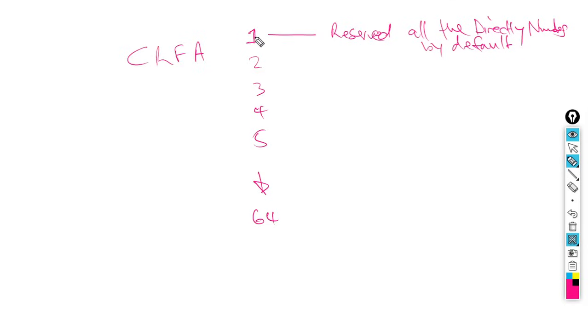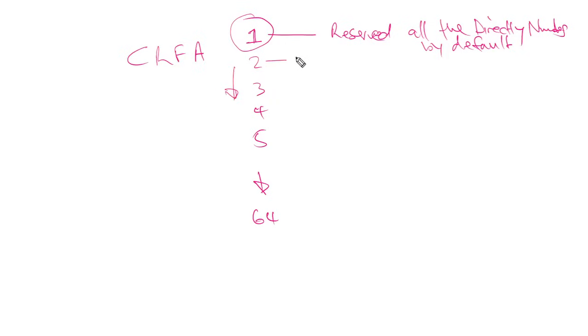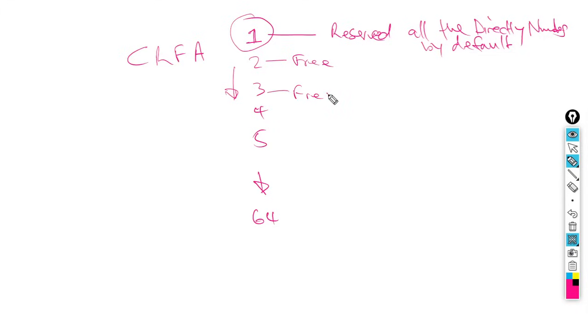So you should leave it, you don't touch. You can start from 2 going downwards, provided it's free, it has not been used for something else. If it's used for something else, use the one that is free, or check if it is okay to repurpose it. So in our case, 2 is going to be free, so we are going to say